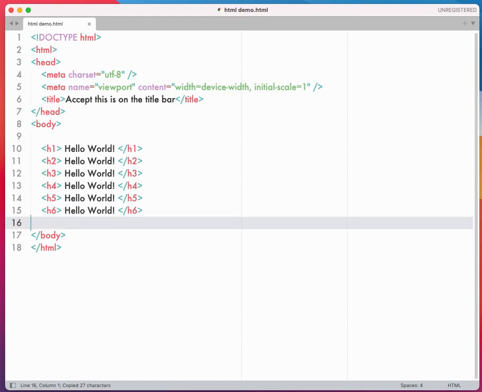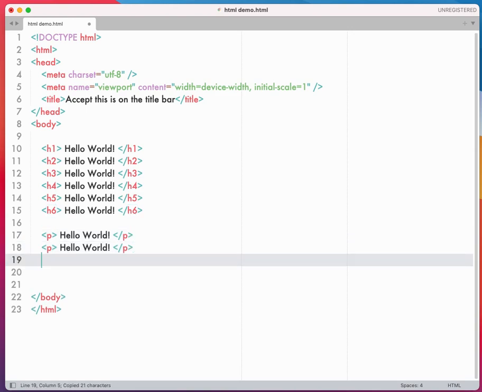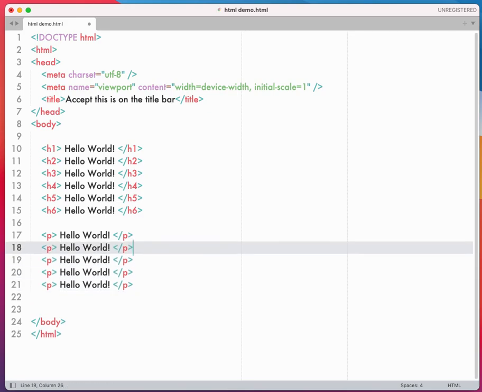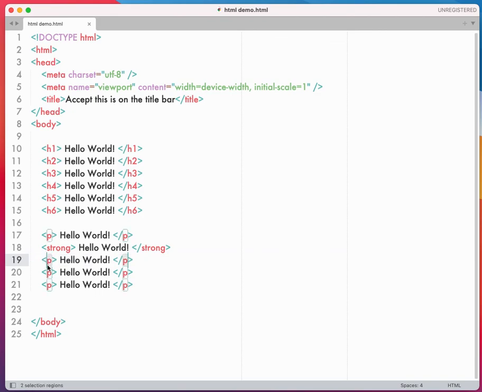There are other tags like paragraph, bold, so like strong. Right, there's all sorts of tags. Like strong makes the word bold. Instead of P, there's a U tag for underline, EM for emphasis or italic,